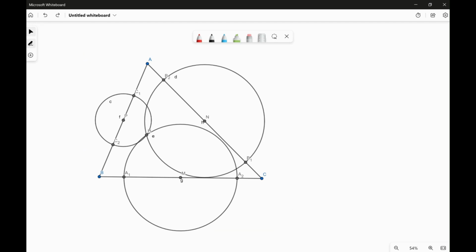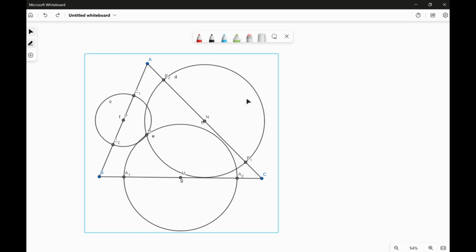Hello everyone, and in this video, we're going to be talking about a strategy that can immediately solve this IMO problem here. This was from, I believe, 2008, and here's how it goes. Suppose that H is the orthocenter, the intersection of the altitudes of the triangle ABC, and M, N, and P